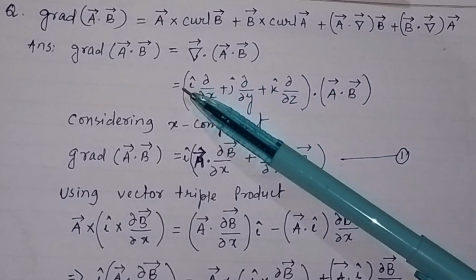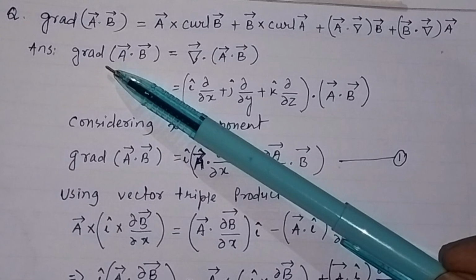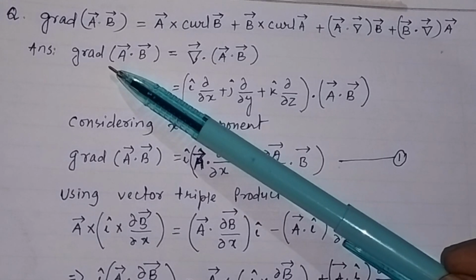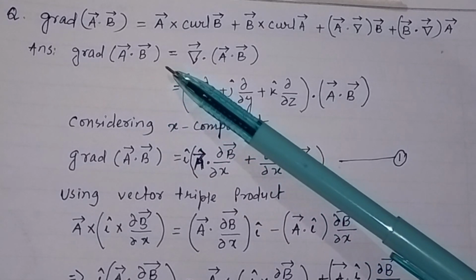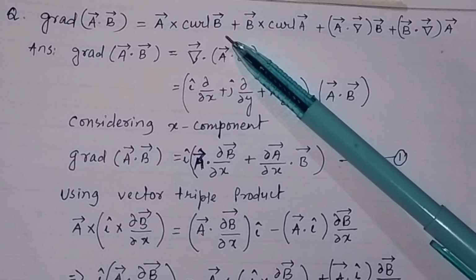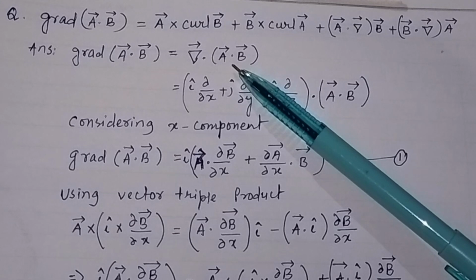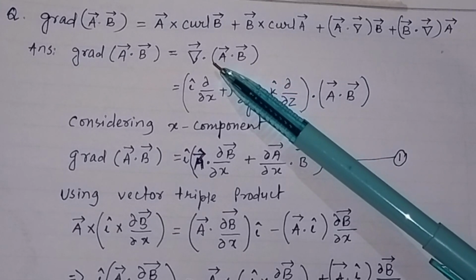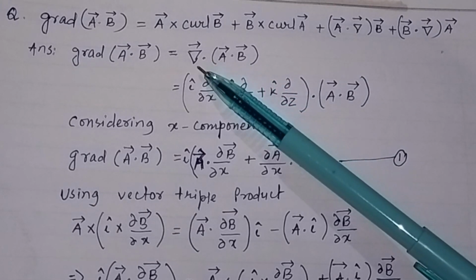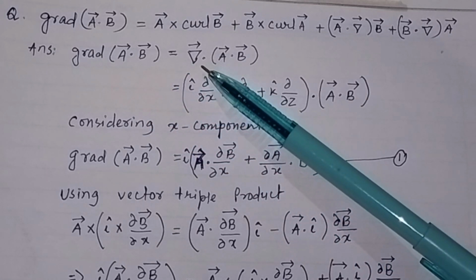So to prove this, the LHS, the left hand side of the identity, that is gradient of A dot B, can be written as grad of (A dot B), because A dot B is a scalar. When you apply the del operator to a scalar quantity, that is called your gradient. So gradient can be represented as